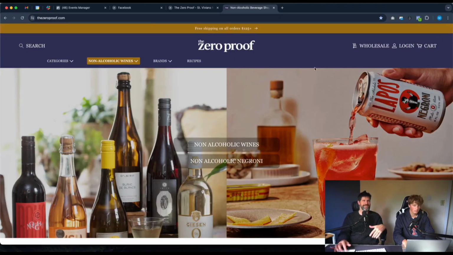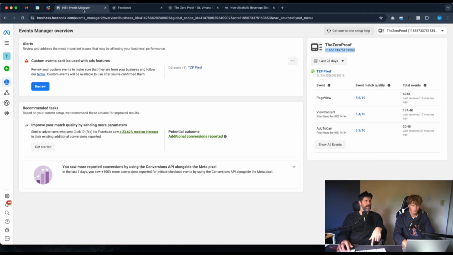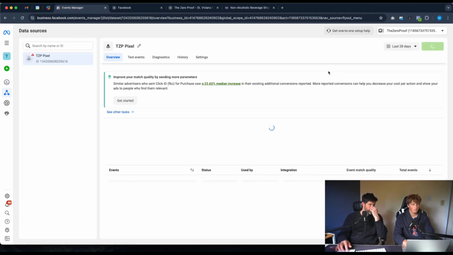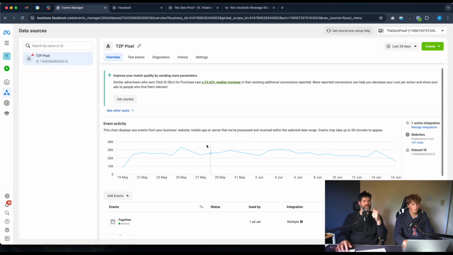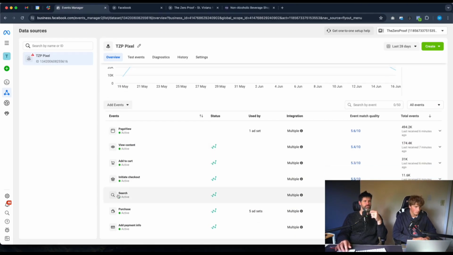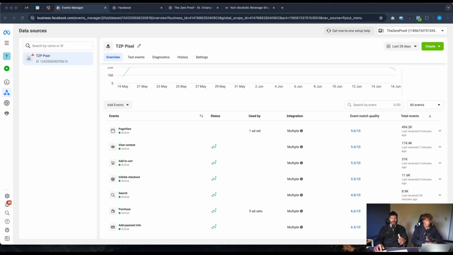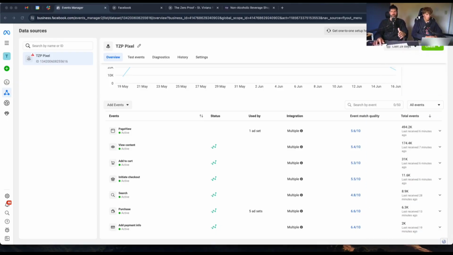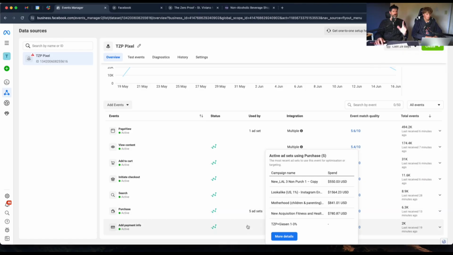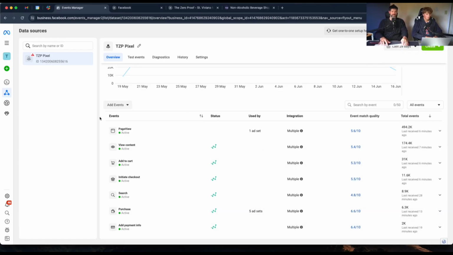Once that is on the website, it collects all the data about anyone who goes to the website. And then you can see right here, this is the data that it collects. So the more information, let me make sure that people can see this here, the more information that is on these events. So this is basically